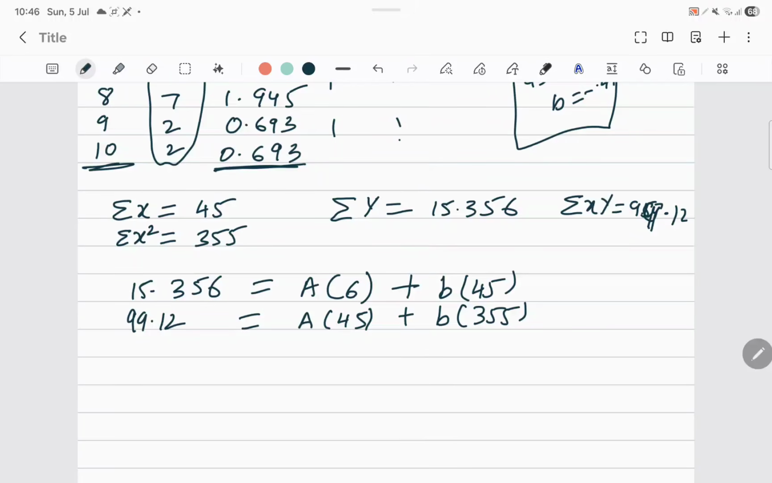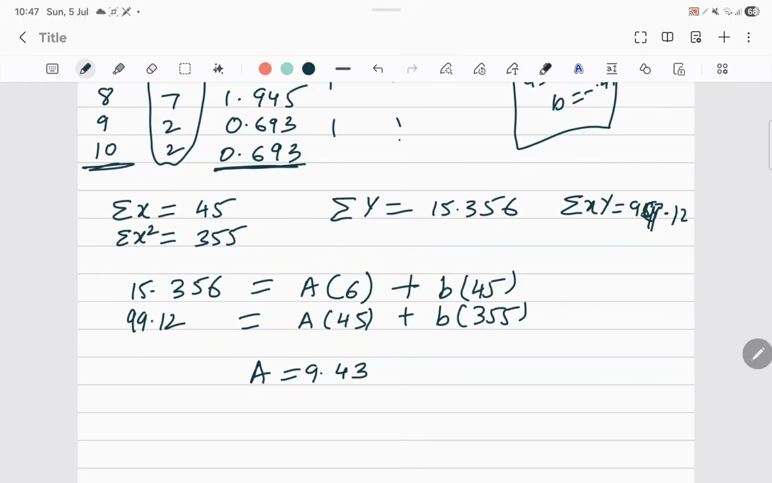Pick up simultaneous equations with two unknowns and then put the values. 6 is equal to 45 is equal to 15.356 is equal to 45 is equal to 355 is equal to 99.12 is equal to. So now when I do this, I am getting A is equal to 9.43, and again if I do this, I am getting B